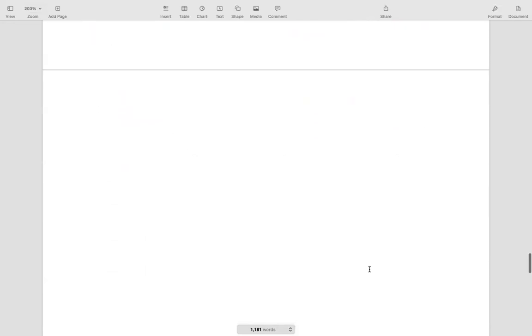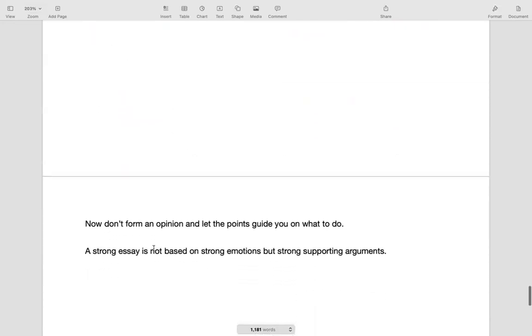Okay. Now, everything I have said until now, whatever you have been taught about making one-sided or partial essays, you're going to forget all of it and let the points guide you. You are not going to think that you have to make a partial essay or a one-sided one. You're going to think of points, and the points are going to tell you whether you go one-sided